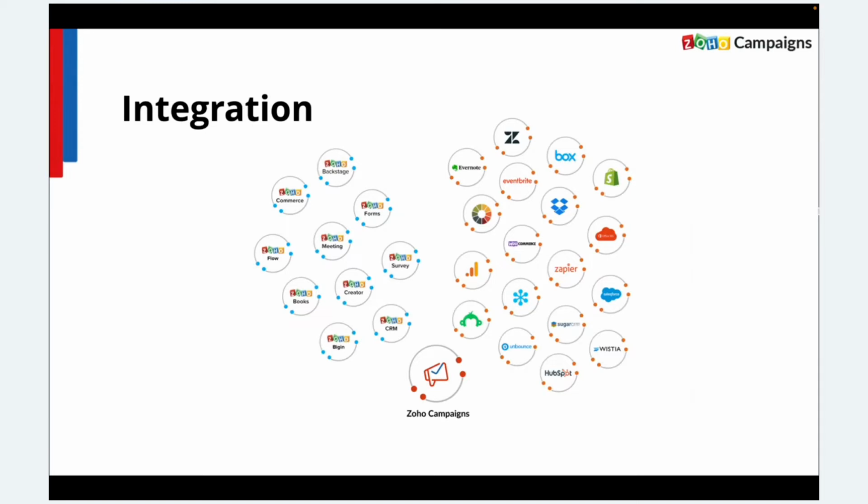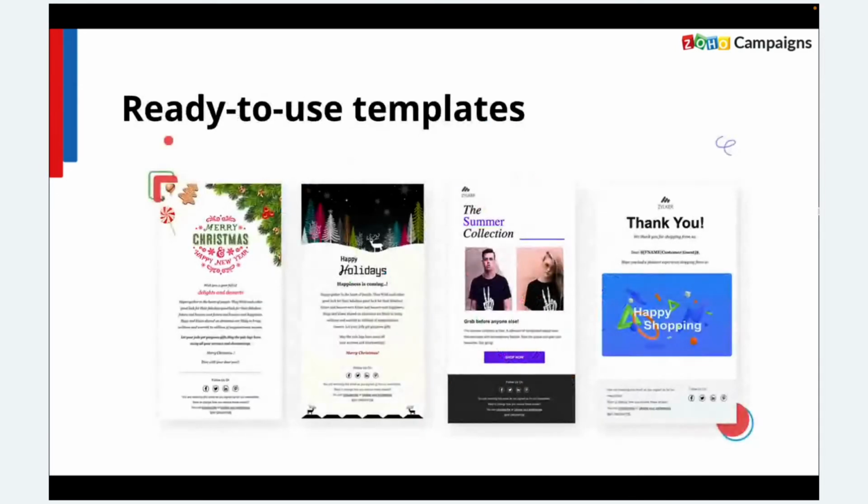And then you are creating a campaign. You can also use the ready to use templates that are available within the product. So you can just quickly go into the product and choose one, and then start sending out emails. So the content is also readily available there. So if at all you want to change anything or add anything extra, you can do it quickly. And then you can send out the email campaign. So we also have the ready to use templates in Zoho Campaigns that will help you to create an email